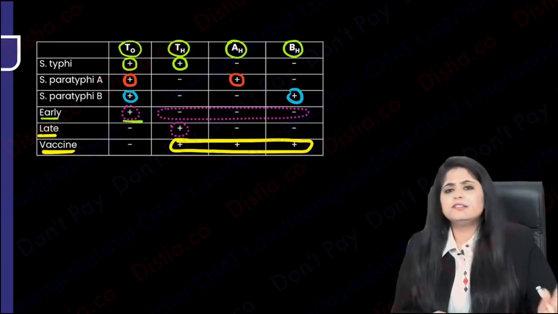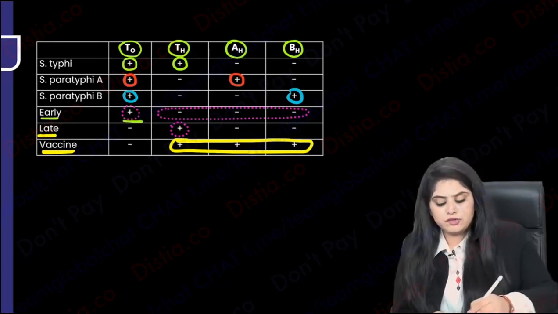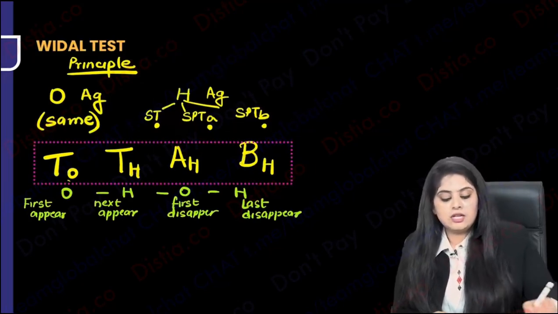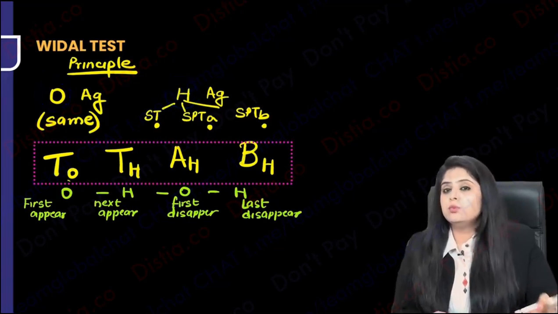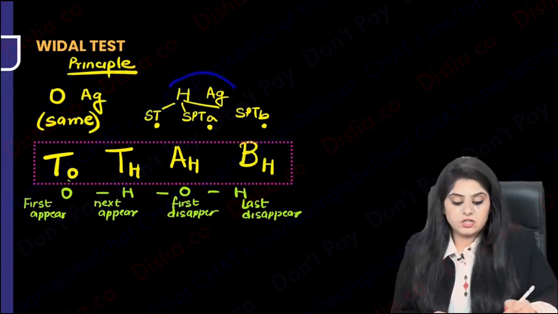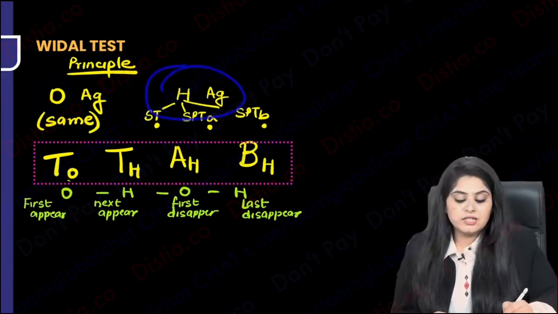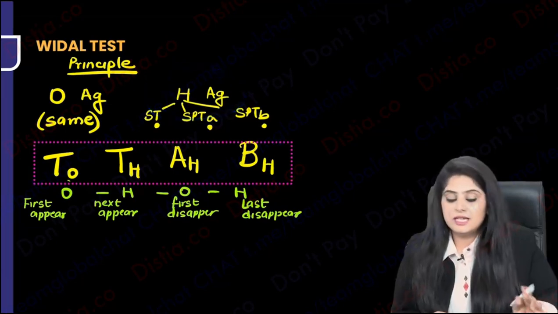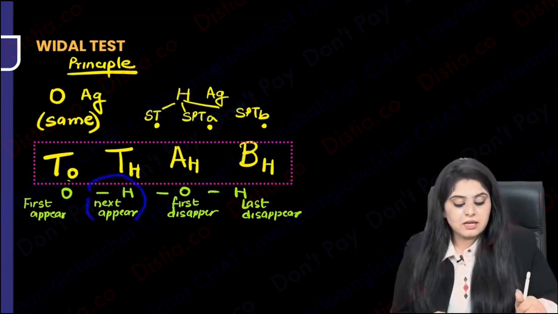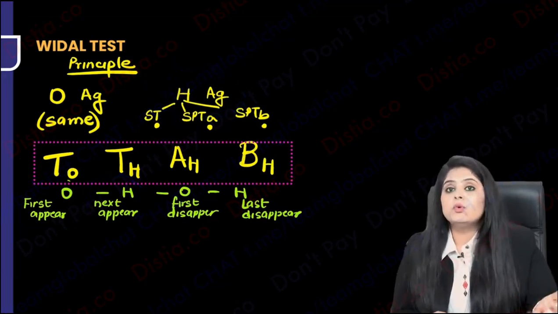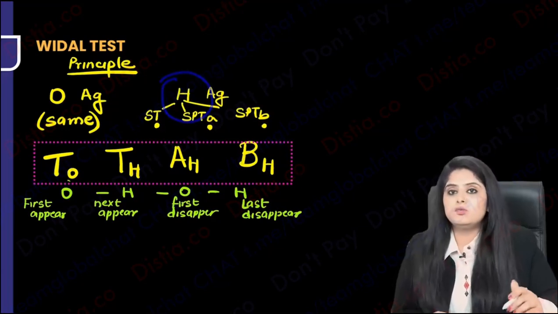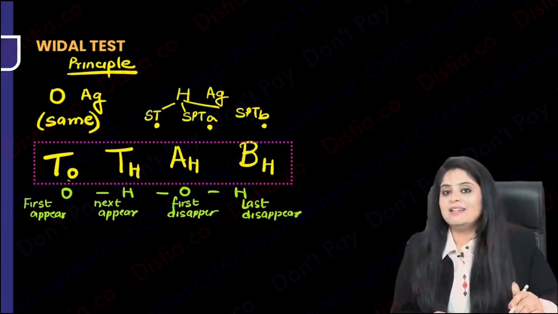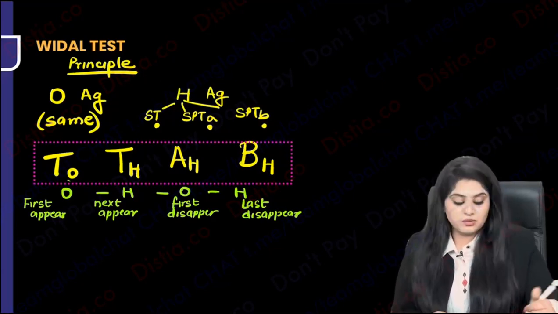Now all is done. This is seeming so simple, but what's the controversy? If I ask you a question, out of O antigen and H antigen, which was the one which was more immunogenic? The one which was more immunogenic was H. You'll say, ma'am, when H is more immunogenic, why are you saying that it will come second in the blood? When it is more immunogenic, which creates a greater response, H should be the first one to come in the blood. Exactly. Now I am contradicting my own statement.